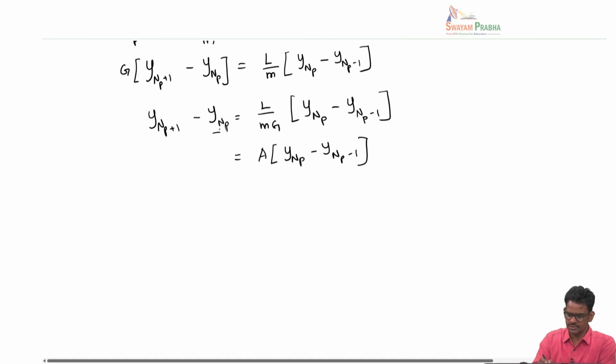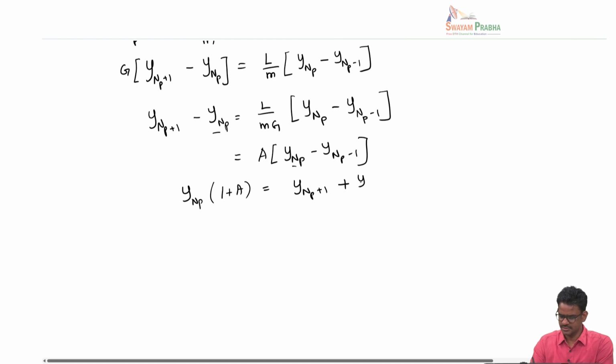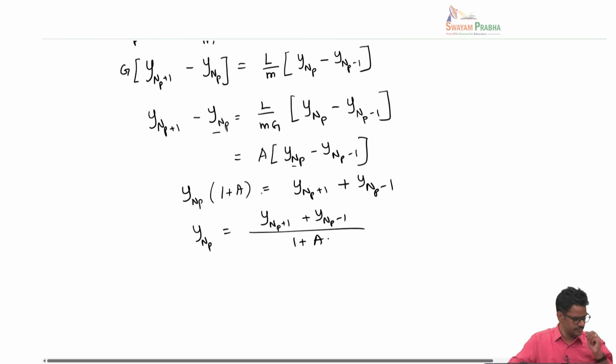So there are two terms on NP, so I can write YNP times 1 plus A, that is equal to YNP plus 1 plus YNP minus 1. So therefore YNP is equal to YNP plus 1 plus YNP minus 1 by 1 plus A. Please check if there is an